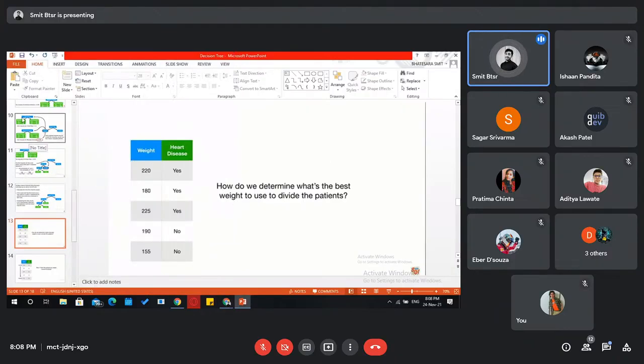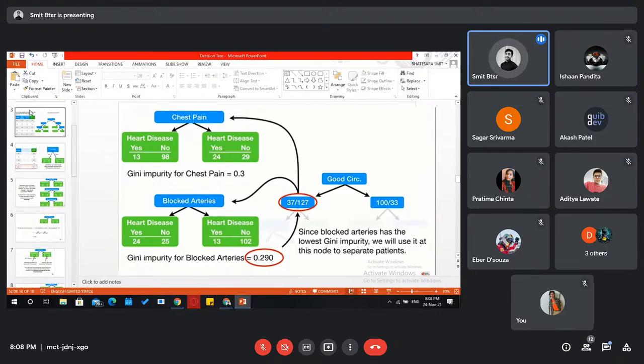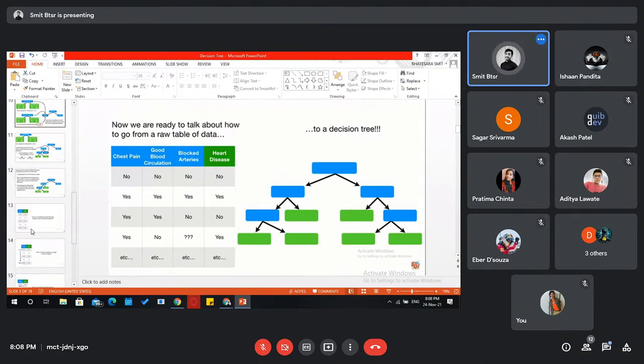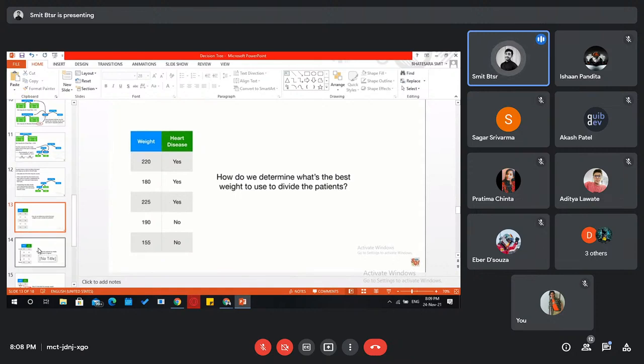So this was a general data, right? Is there heart disease or no? Yes and no data. But how do we determine if there is numerical data? Okay. So now we come on to numerical data. How do we make decisions on this? If we have weight, let's consider we have weight data. Then how do we determine this? We just want to categorize those patients who have heart disease with respect to weight. So we have to make our decisions on the basis of weight.